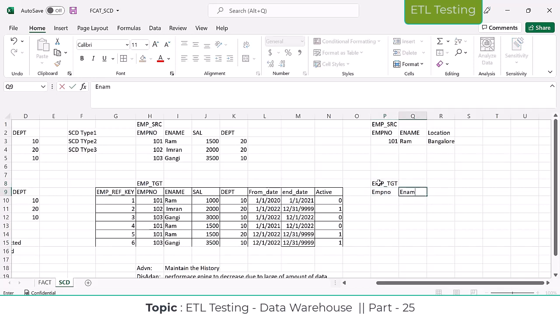Employee number, employee name, original location and current location, and effective date. Okay, so in this SCD type 3,